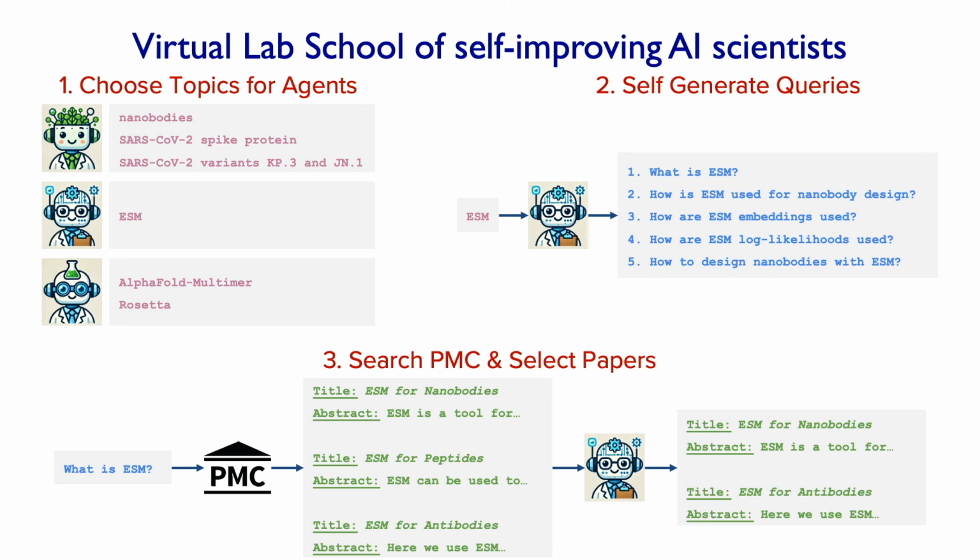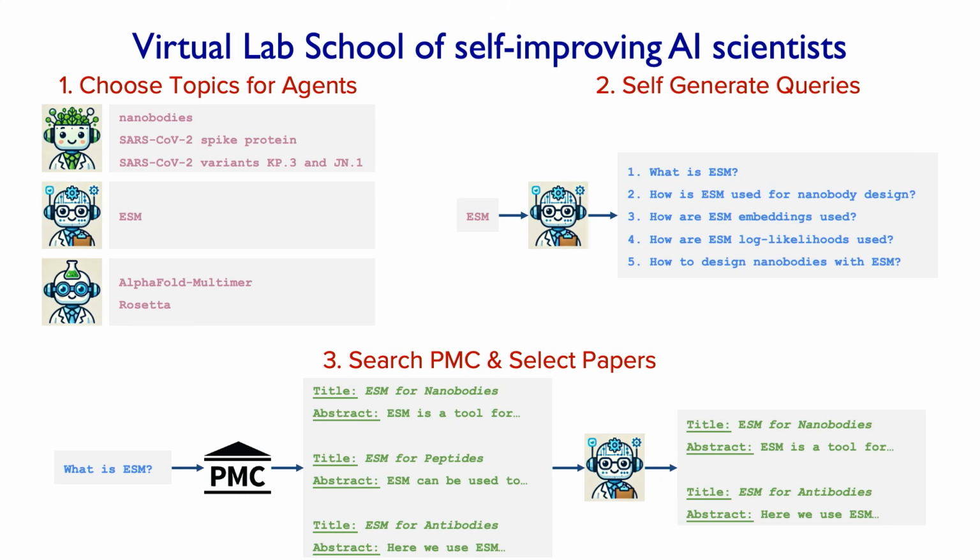Now that we see how the agents can interact, I want to come back and briefly explain how the school works for the agents. The motivation for having a school for the agents is that if you take off-the-shelf language models, like even the latest models from OpenAI or from Anthropic, these models are quite good at broad general knowledge, but if you go really deep into your specific technical and scientific domain, then these models may not have the most up-to-date knowledge or the most sophisticated reasoning. That's why we built the school as a way to bridge that gap.